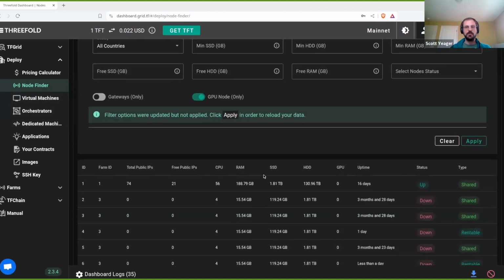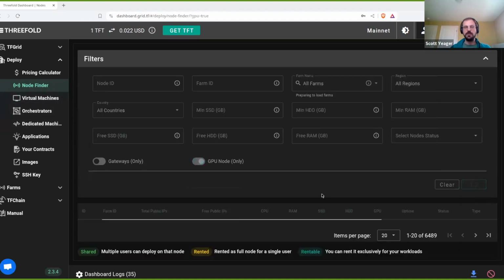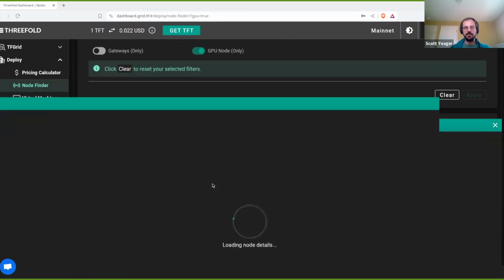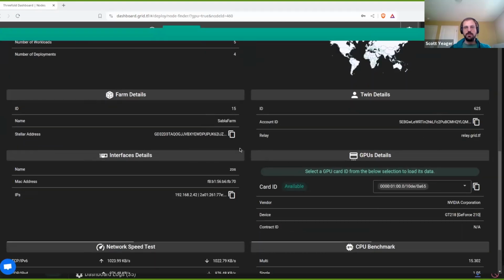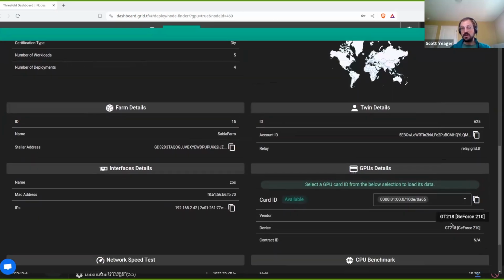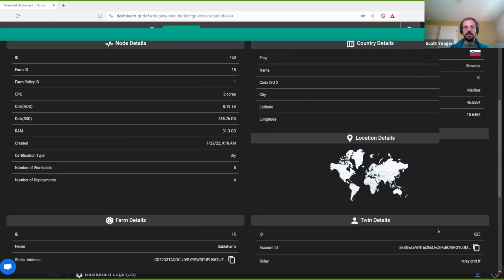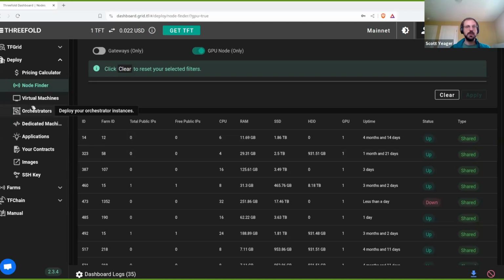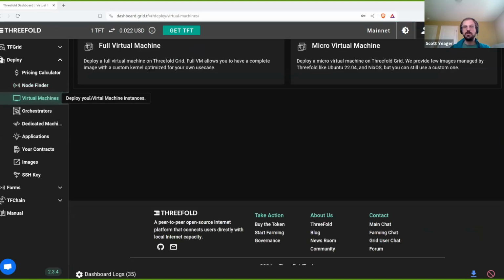Let's take a look quickly at what happens if we apply the filter. So if you make any changes here, you hit apply, and then we should be able to see some nodes that have a GPU. The GPU details are loaded directly from the node, so sometimes this can take some time. If they don't load successfully, there's a little button to refresh, but in this case, we can see this node has an NVIDIA GT 218, and if you're looking for a GPU for your workload, that might be interesting to you. All right, so you can check